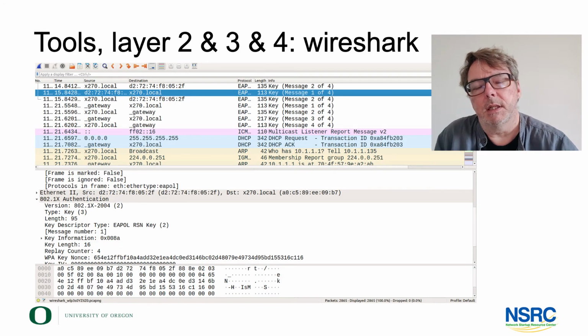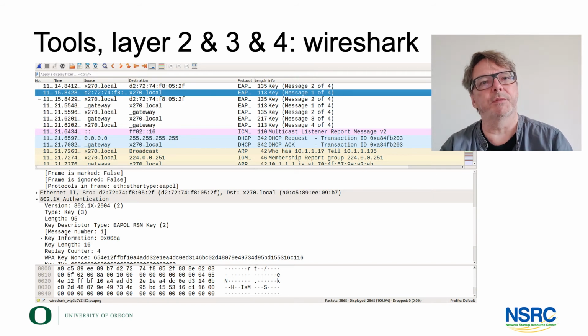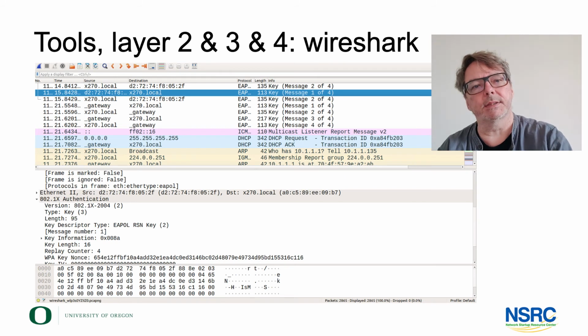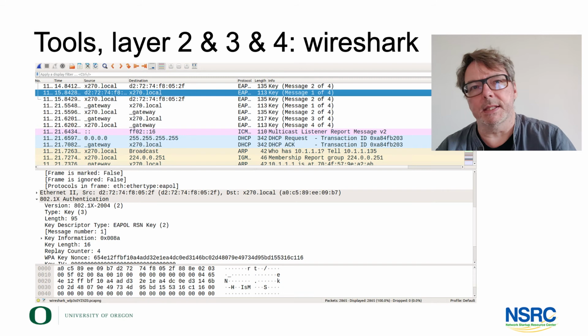Wireshark, a graphical front end to tcpdump. tcpdump in principle does the same. Wireshark might make it a bit easier to actually get an overview. You can apply filters, you can group and highlight, you can decode packets on the fly. Nothing that in principle you cannot do with tcpdump. It just makes it a bit easier. Wireshark is a must-have tool for that reason.